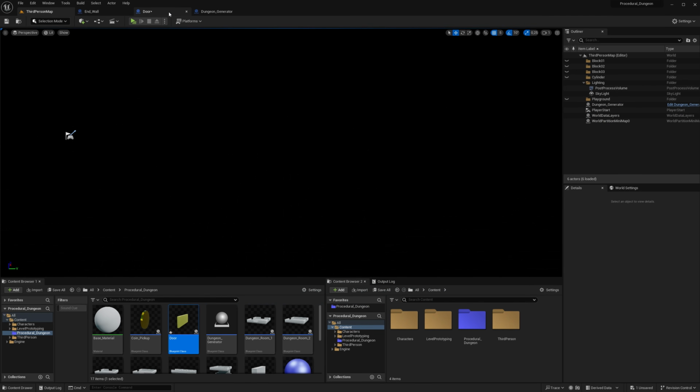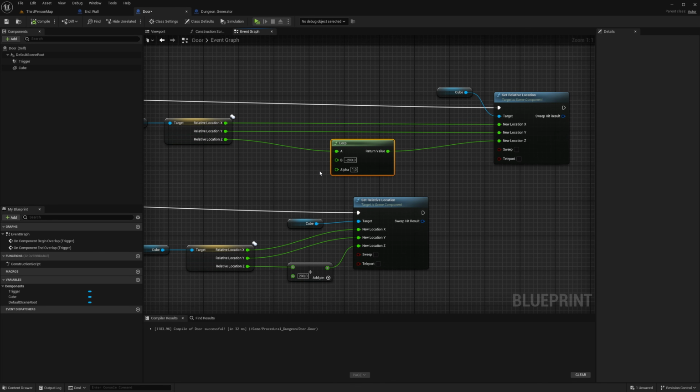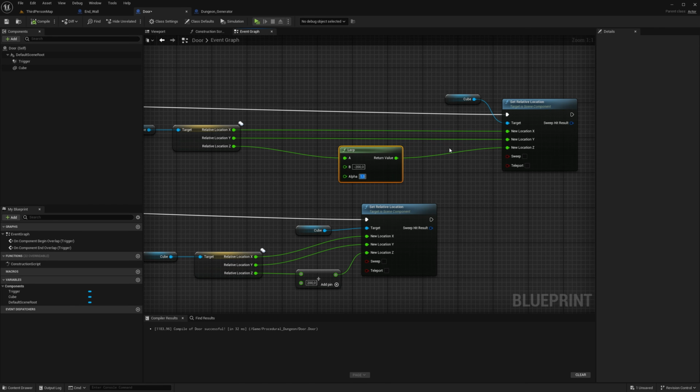So what are we doing here? And again, why doesn't this work now? Why is it not working? Why is it doing the exact same thing? So what happens if we set this to 0?